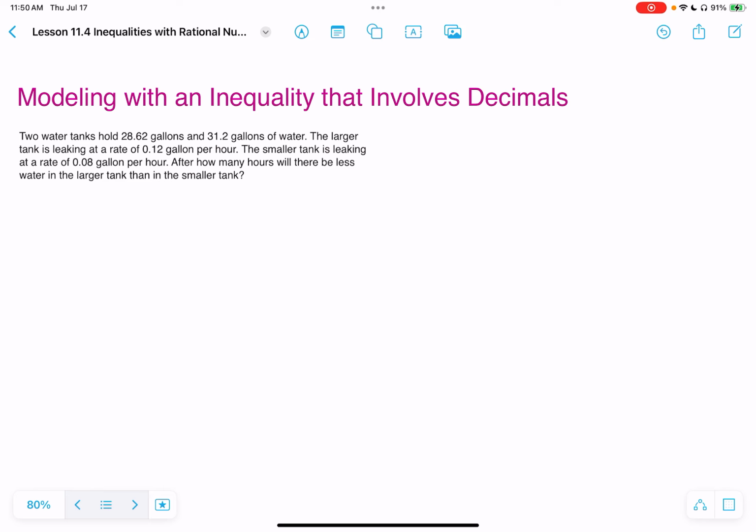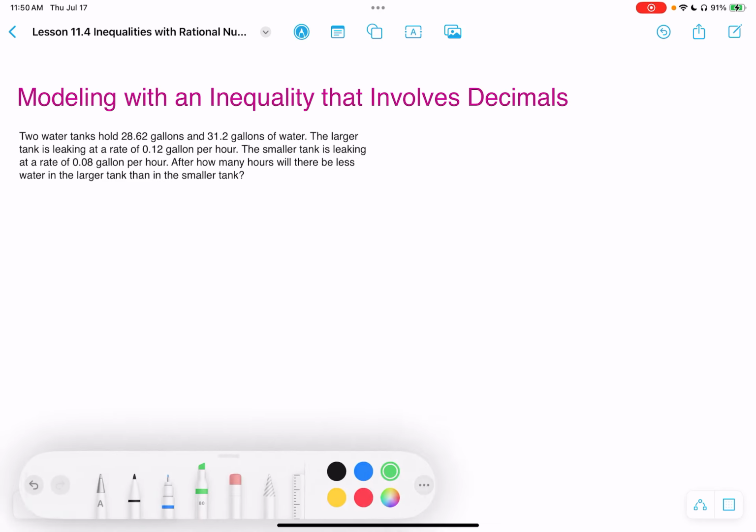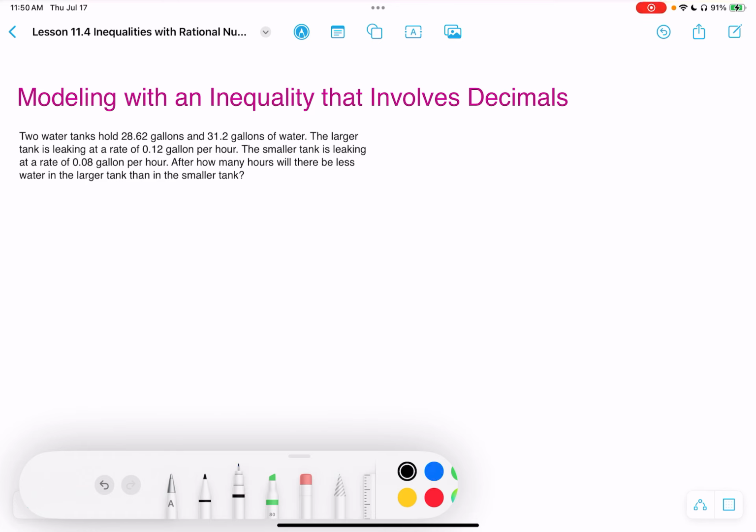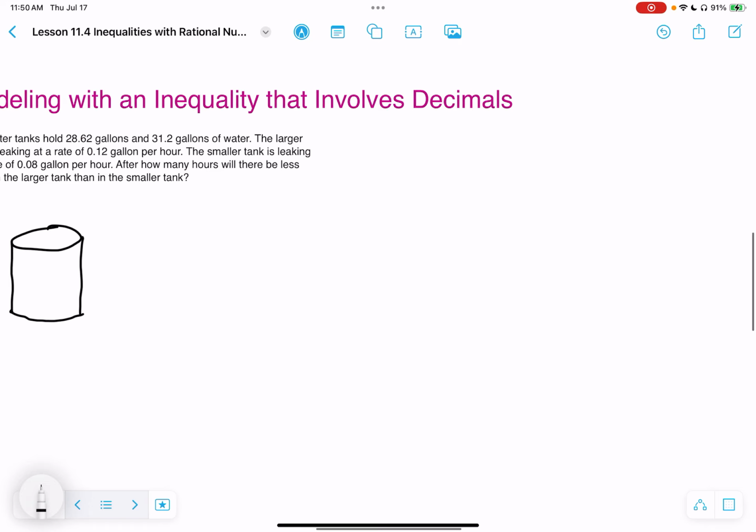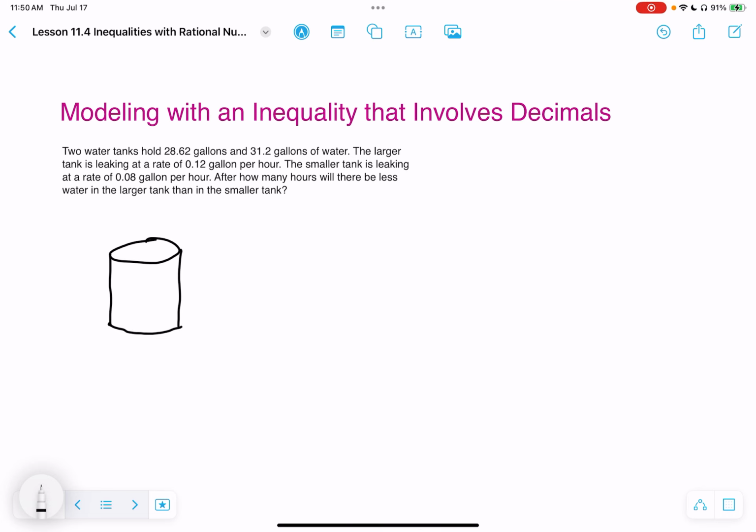All right, so let's draw a picture, both because it will make it easier to understand this problem and also because I know everybody loves my art. I'm going to assume these are cylindrical tanks. The problem doesn't say they're cylinders, but let's just go ahead and assume. We're going to call this the small tank,